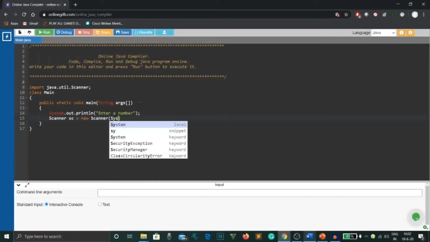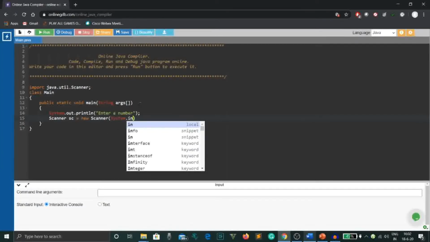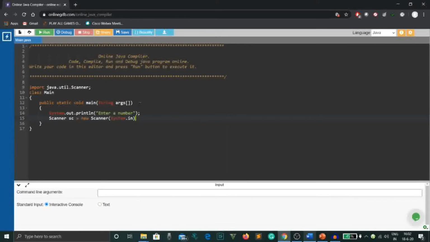Now in parentheses we write System.in. System.in means we are telling the computer that at this point of the program the computer has to take an input. Just like we wrote System.out.println where we are telling the computer to output something, here we are telling the computer that it will need to take an input from the user. Again we put the semicolon.